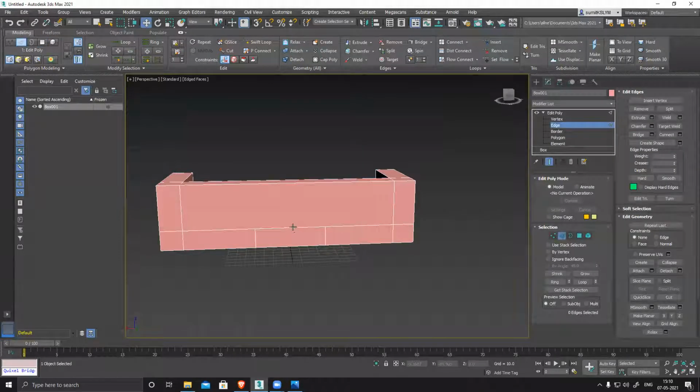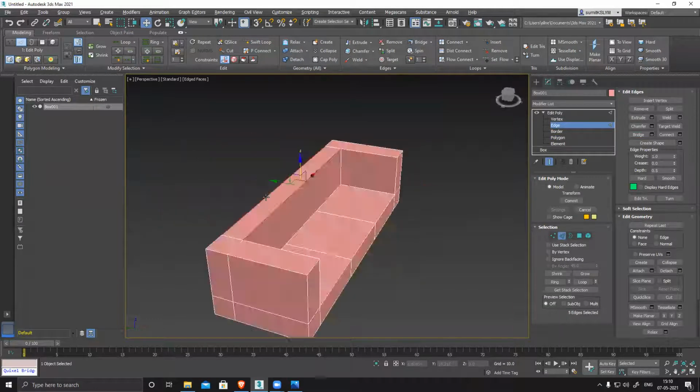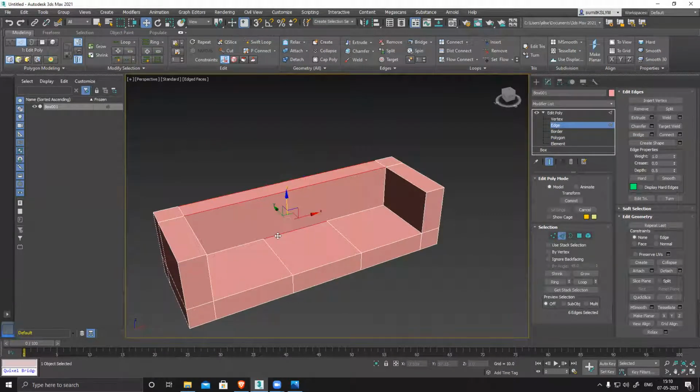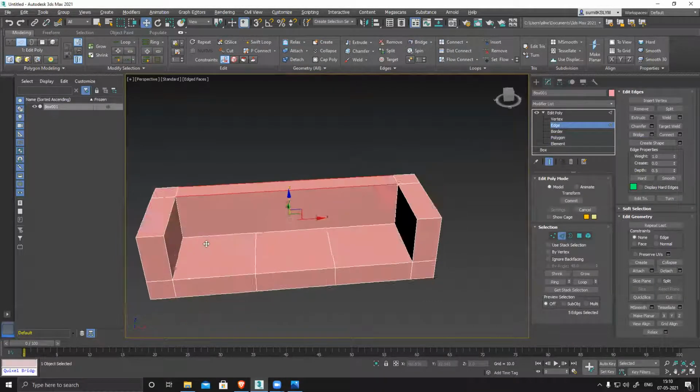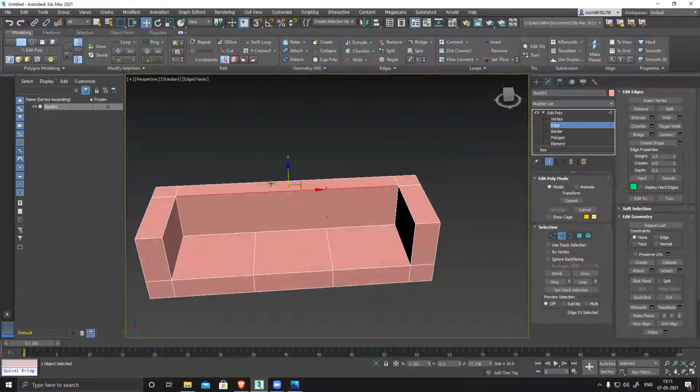So I need to create those selections. Let's select these two and add connect 2. So exact same distance.